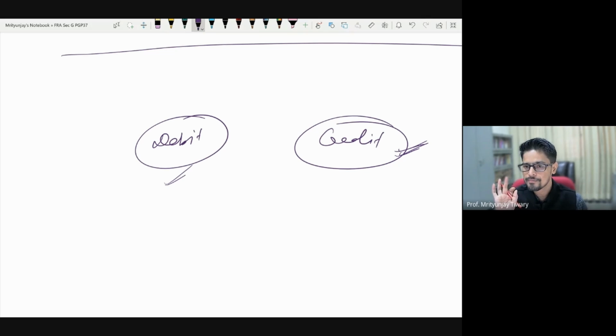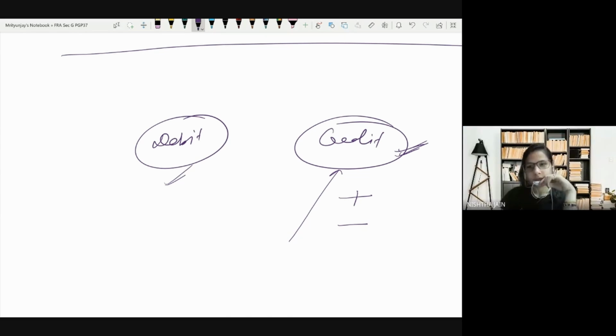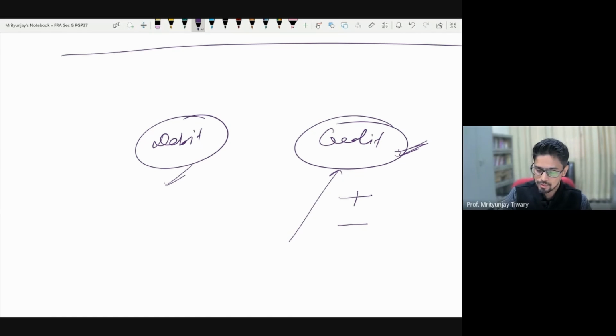Everybody with me so far? Now, in all of these meanings, one thing should be very clear to you. Tell me, if I simply mention a word, let's say I have done something and I say that credit goes to Javed. Am I talking about something positive or negative? Positive. Everybody with me? Positive. That word credit has a strong positive connotation. Right? When I say credit goes to Javed, it means that he has positively contributed. It's all his effort.